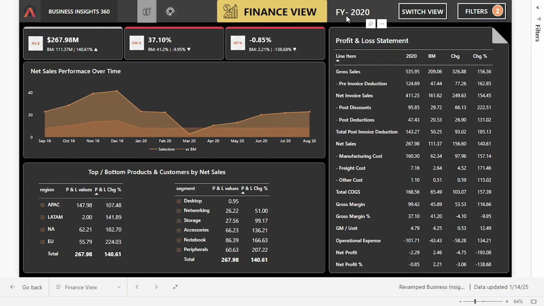Now, to get an idea of what all these numbers are, a dynamic fiscal year header is required, which is present at the top showing the currently selected fiscal year. Now let's look at three important KPIs for the finance view: net sales, gross margin percentage, and net profit percentage with their respective numbers. Below that, we see a term BM called benchmark that shows last year or target numbers based